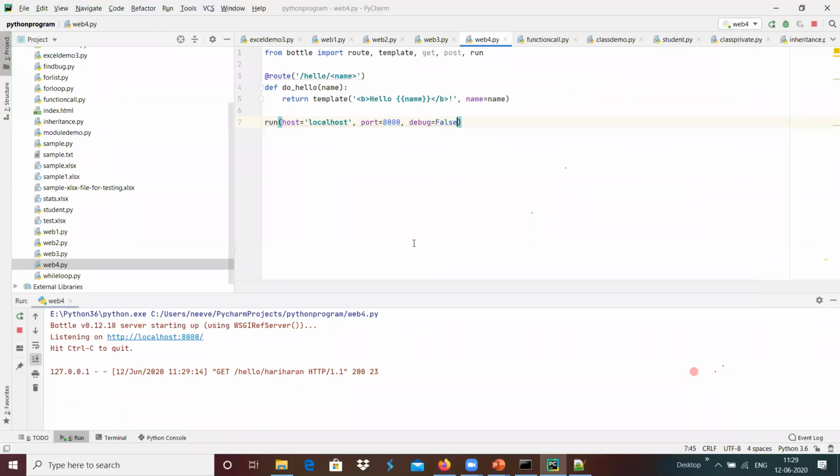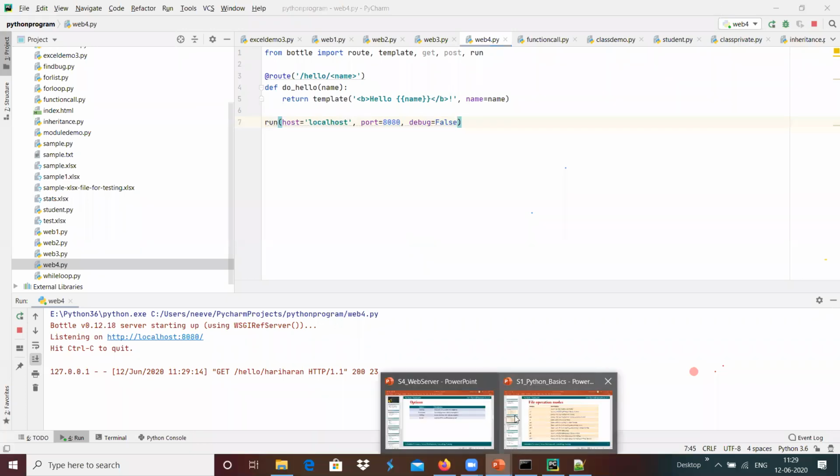If we give debug equals True, then we get the debug information of the bottle framework. If we give debug equals False, then the debug information will not be printed on the Python console.